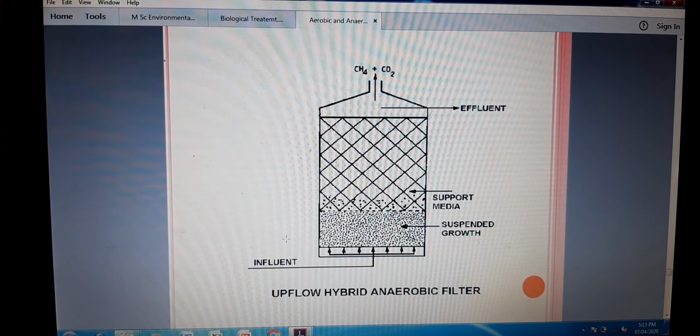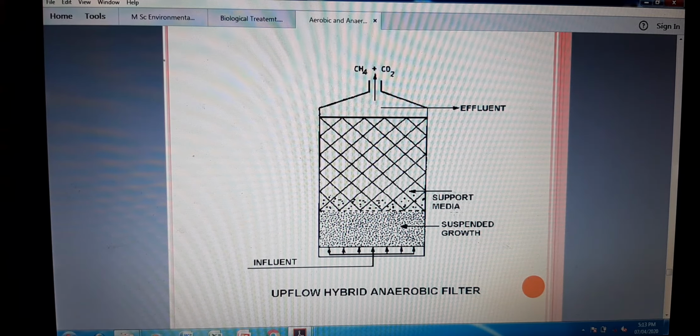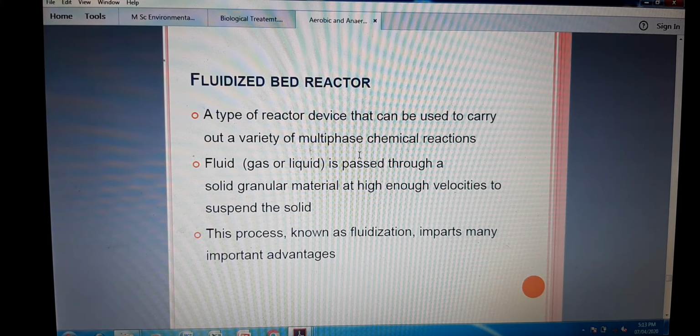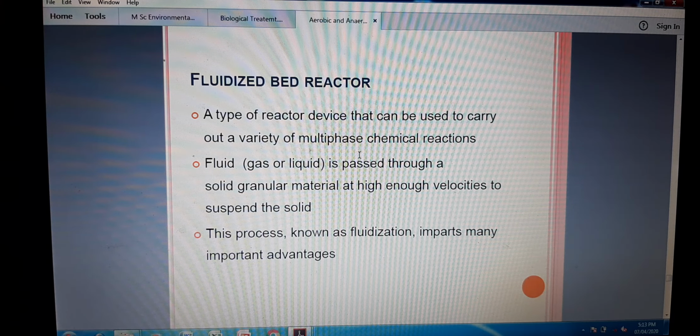This is a flow hybrid anaerobic filter. This is the only change in this hybrid as compared to the UASB reactor. Okay, thank you. I think you understood about the anaerobic treatment and the important methods of the anaerobic